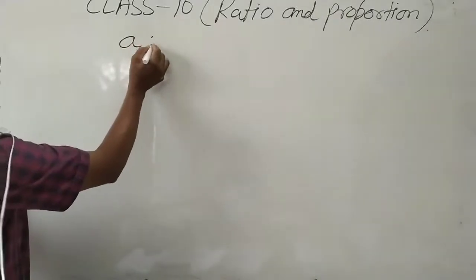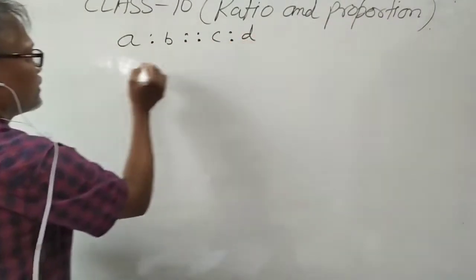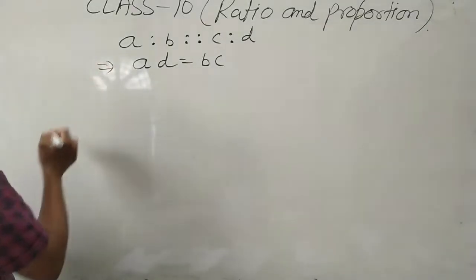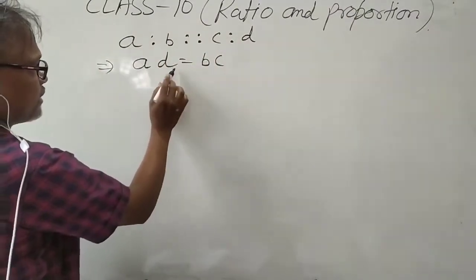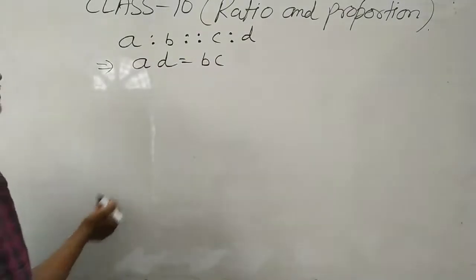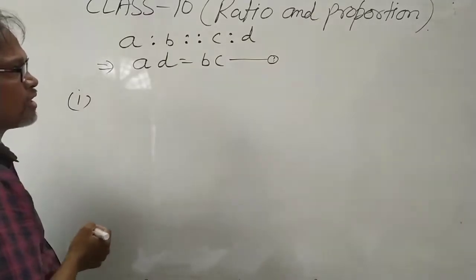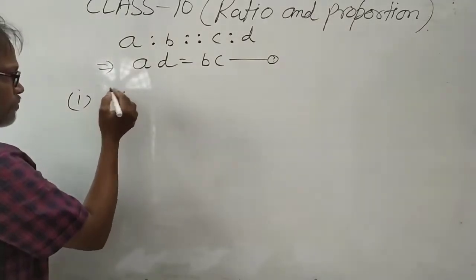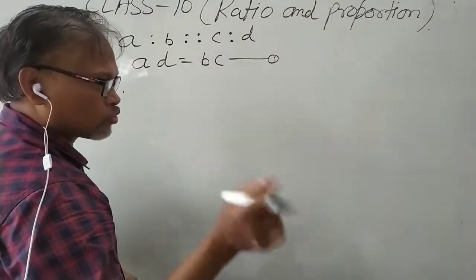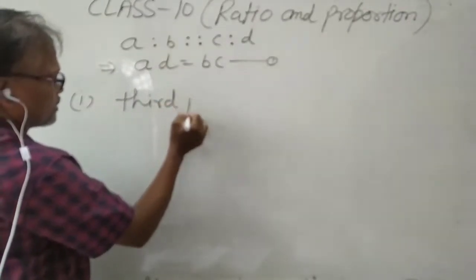Now if you have A : B proportional to C : D, then AD is equal to BC. This you can write as AD, the product of extremes, is equal to the product of means, that I told already. And for the fourth proportion, I told already, it is the product of the last two numbers divided by the first number. But if you have the third proportion,